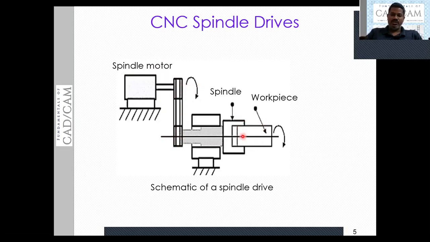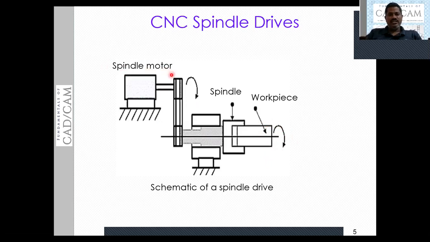In this case, it is a workpiece in a turning operation. This is basically a turning machine in which the workpiece is going to rotate and the tool is fed against the rotating workpiece. So this is the working principle of the turning operation. Based on the type of material, the workpiece needs to be rotated at different speeds. Based on the accuracy and the hardness also, the workpiece needs to be rotated at different speeds.